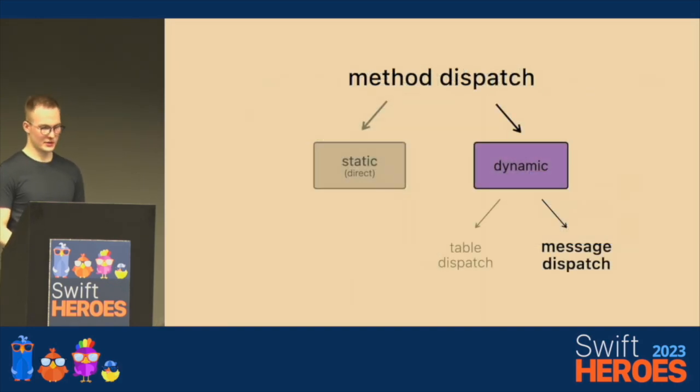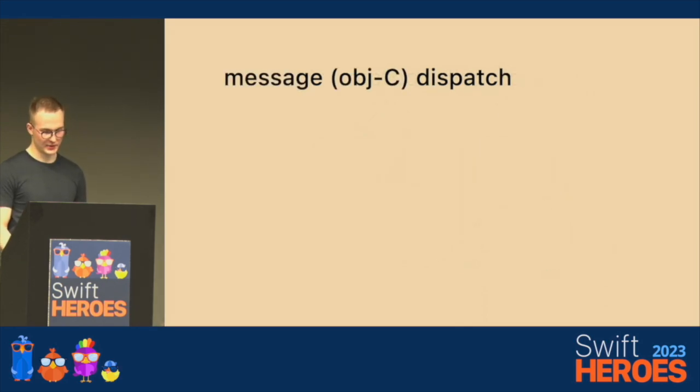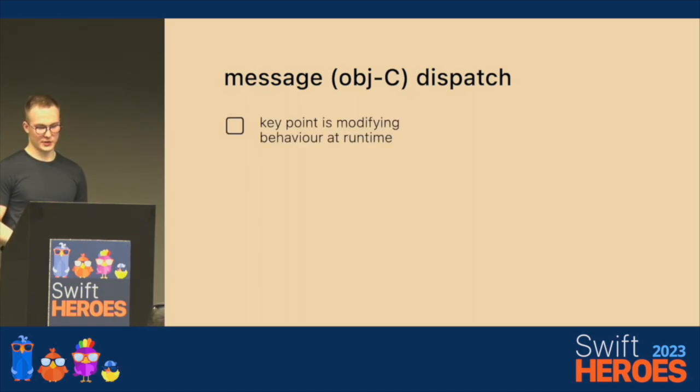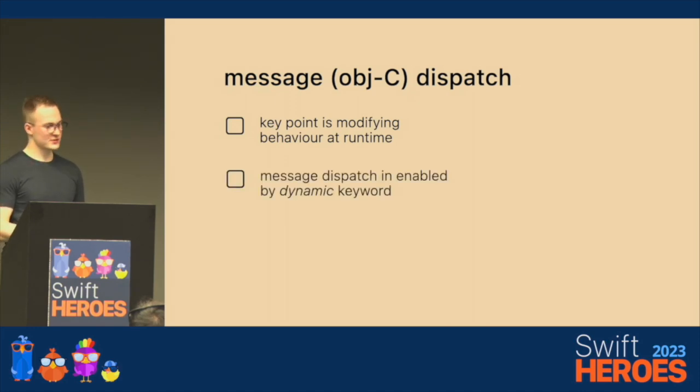So now let's talk about method dispatch that came to us from Objective-C, and it's another implementation of dynamic method dispatch. In this case as well, the compiler does not know which executable code should be used. A key point of method dispatch is modifying the dispatch behavior at runtime, which can be both awesome and dangerous. So method swizzling allows exchanging the implementation of two class methods at runtime. And this will affect every instance of the modified class